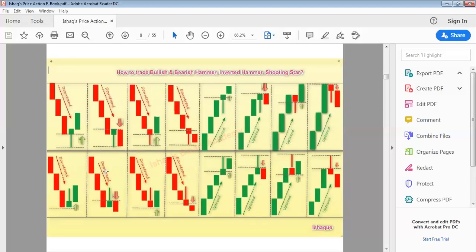Then how can we trade these hammers and inverted hammers? First of all, understand this concept. I will give you one concept about the support and resistance level. If you find a bearish candle, and after that you find a bullish candle, it is 100% confirmed that there is a support and resistance level. It means the color change. When you find the color change, everywhere there is 100% confirmed a support and resistance level.